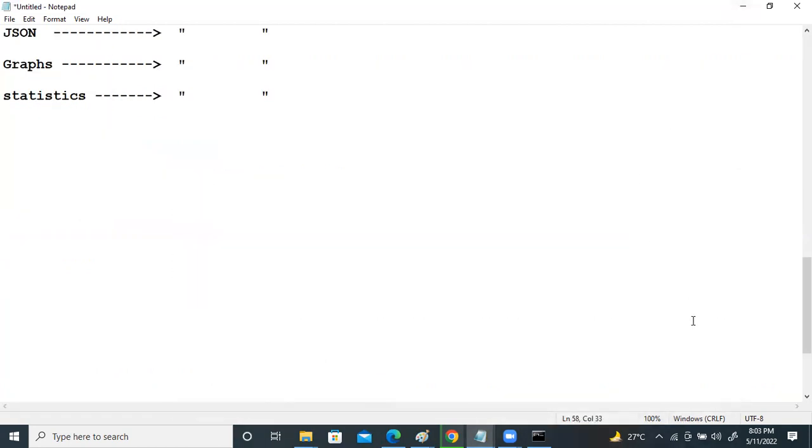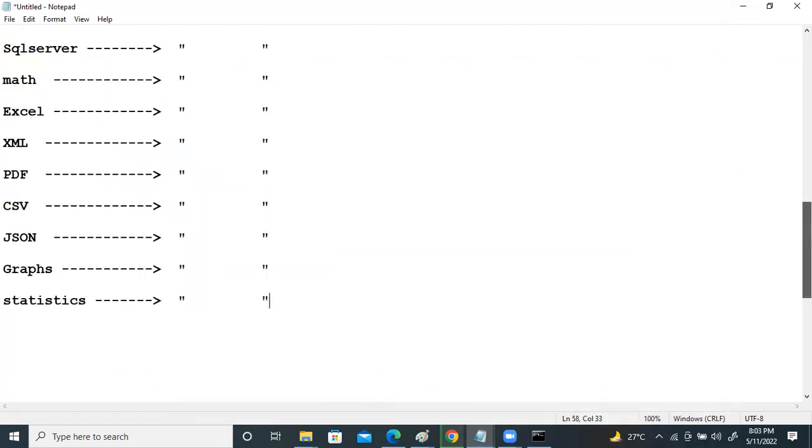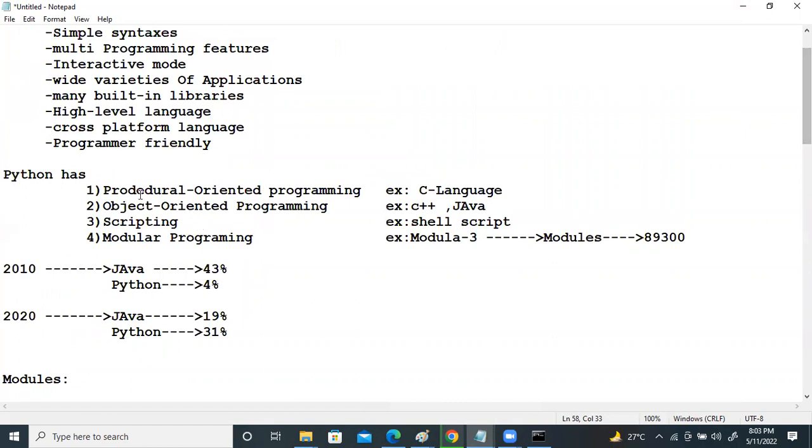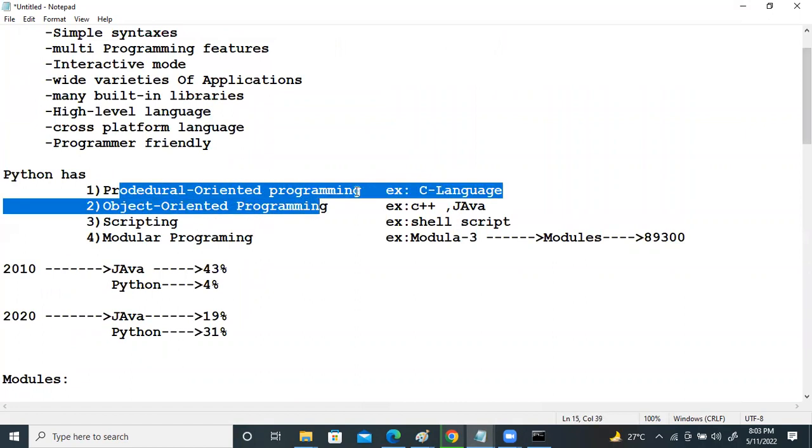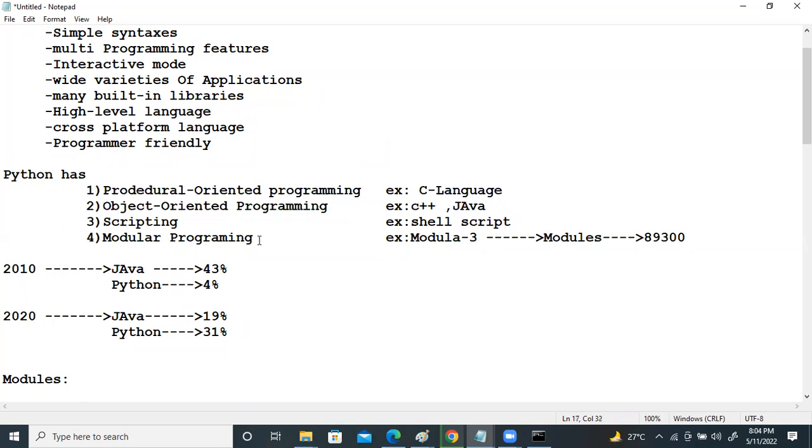How Python was built and derived means it has taken the features from procedural oriented and object oriented and multiple programming languages. It's a kind of programming language which attracts people. Just like if you want to launch a new product into the market, think that you want to launch a mobile phone into the market.